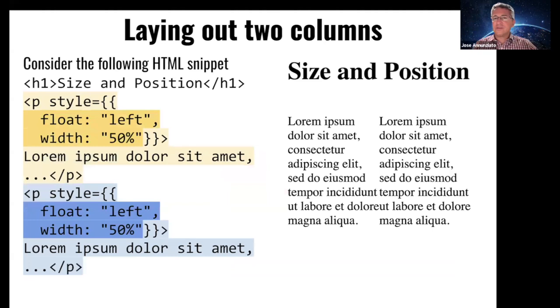So one of the ways to override and start laying out things horizontally is to use the float property. The float property allows you to grab content and push it off to the side, either to the left side or to the right-hand side. This was initially used for images, for laying out images where you would have long pieces of text, and then you might have